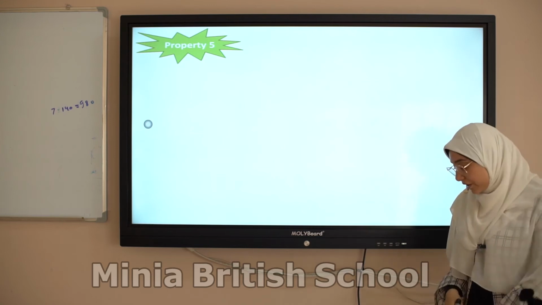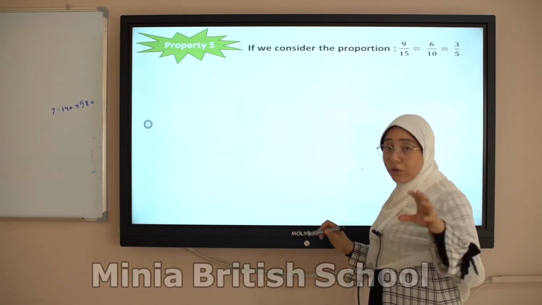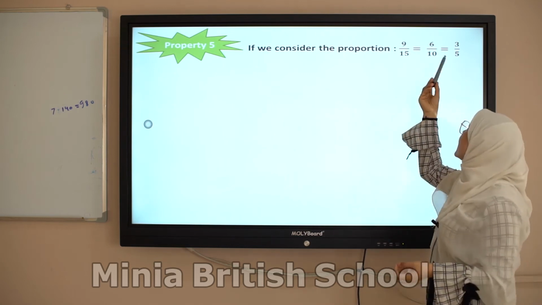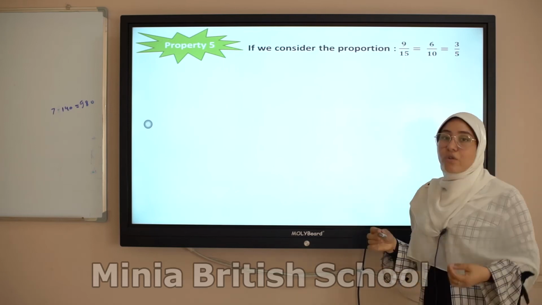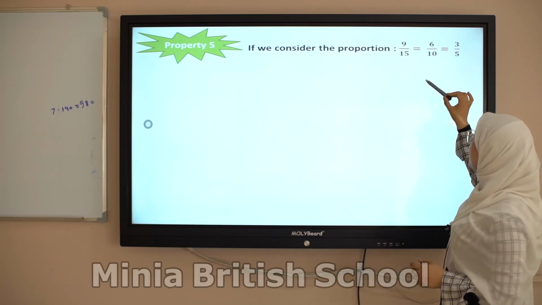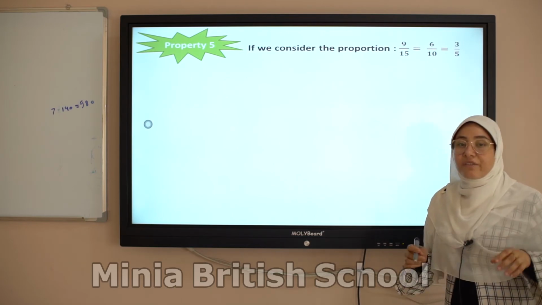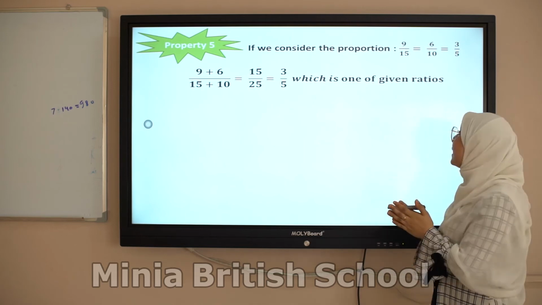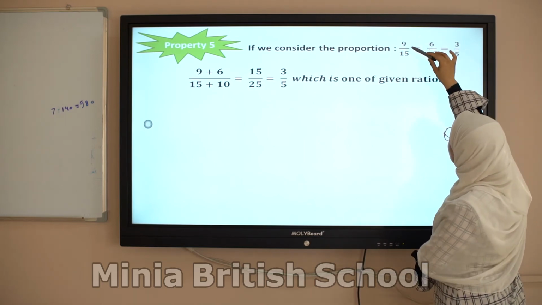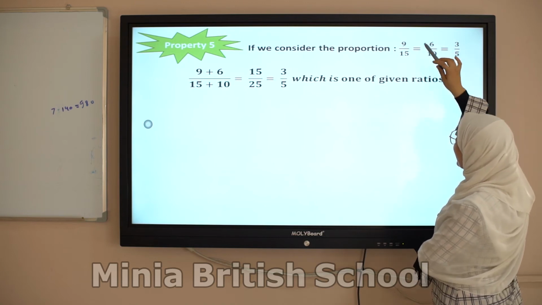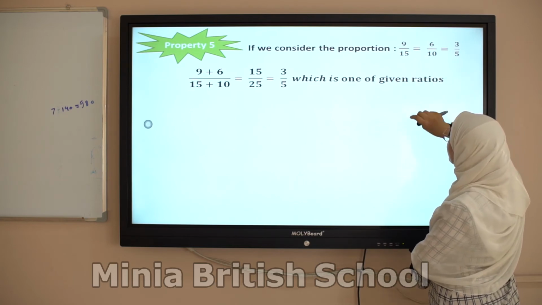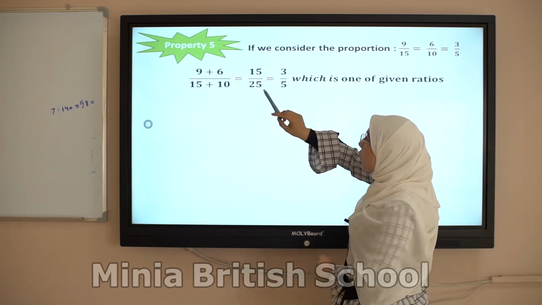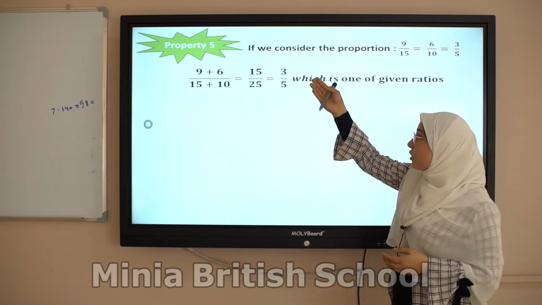And property number 5 here, I talk about what? If we consider the proportion 9 over 15 equals 6 over 10 equals 3 over 5. Now, if we add the antecedent and consequent of the first two ratios, we get what? 9 plus 6 over 15 plus 10, equals 15 over 25 equals 3 over 5,